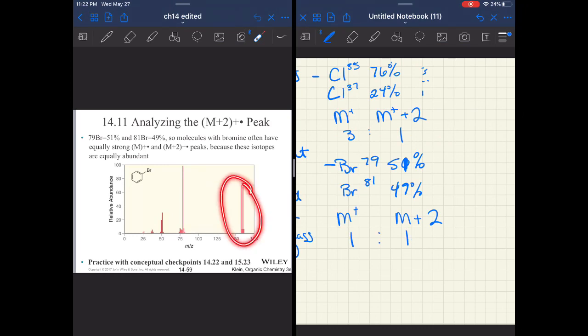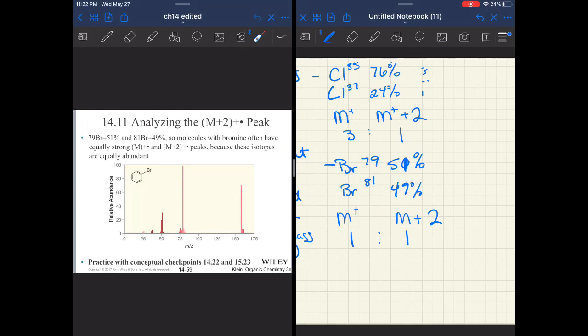They look very identifiable. You have two big parent peaks of equal size. Then, of course, you see these little guys down here. That's from C13. Again, I would imagine that this fragment is just the bromine breaking off because I don't see